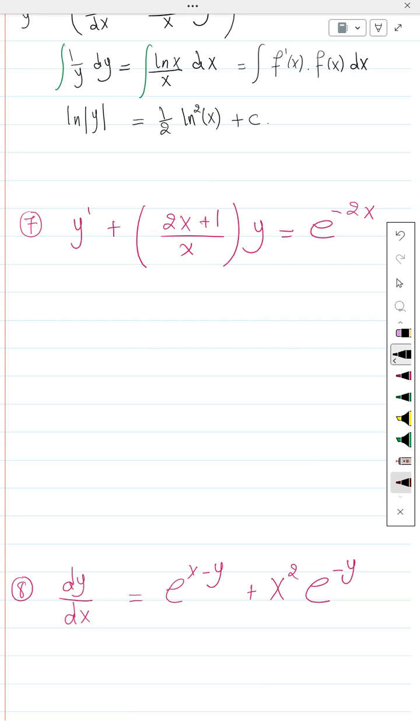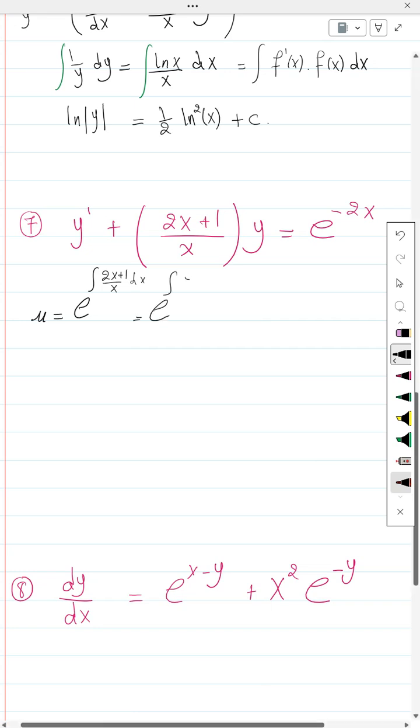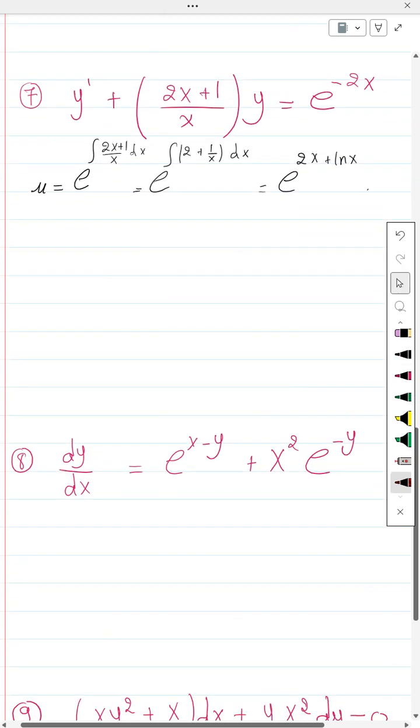So let's calculate mu. Mu is going to be the exponential of the integral of 2 plus 1 over x, dx. So it's going to be exponential of 2x plus ln x. In this step, I'm going to keep it as it is, and I will do some simplification later. So by multiplying by exponential 2x plus ln x, we're going to get exponential 2x plus ln x times y prime